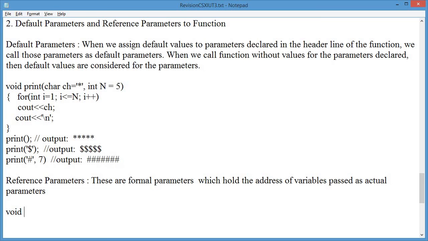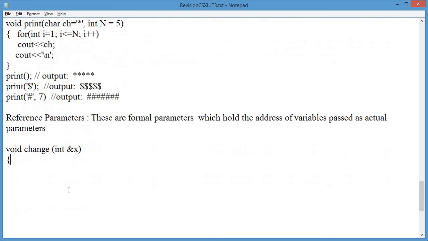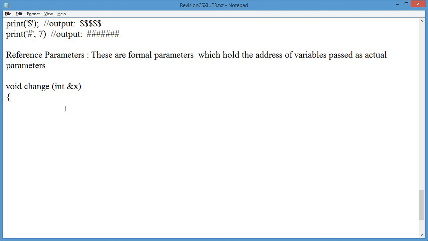Let's see, void change, and here we are passing ampersand x as a reference parameter. So how to identify it's a reference parameter? When we have an ampersand symbol. So let's see, what we do is x plus equal to 5, so we are adding 5 to it, and